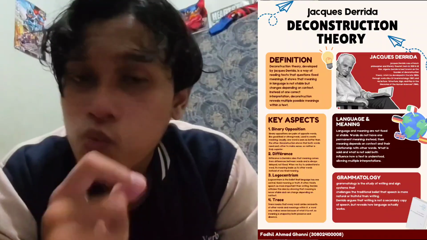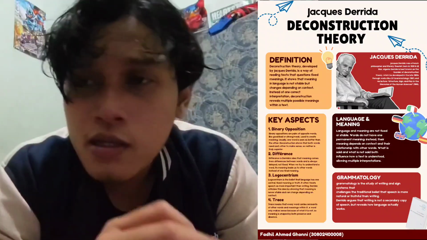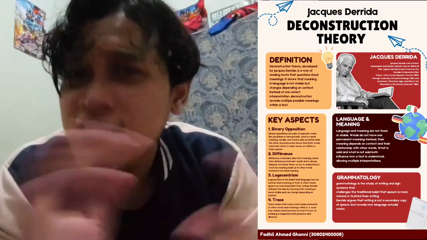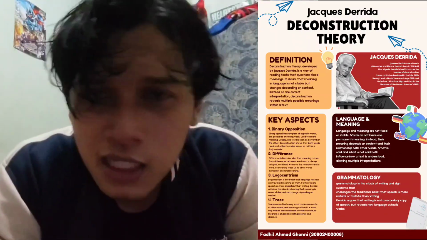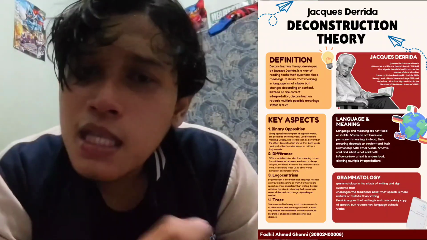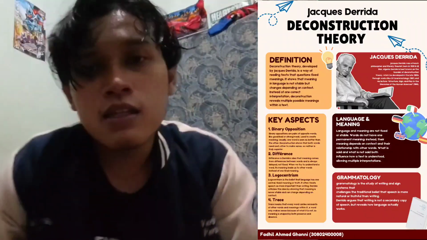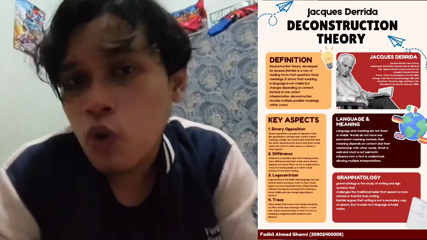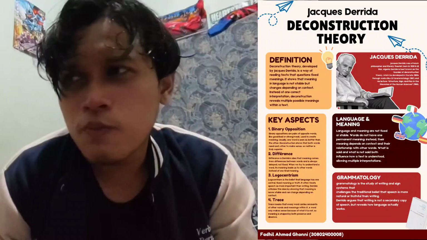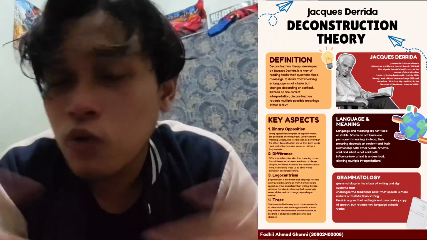Another example I said was strong and weak. Strong means strong because weak exists, and it makes sense because weak exists. So what if weak doesn't exist? It makes strong lose its meaning, or we wouldn't understand what strong means. So a word's meaning needs another word to create a meaning. Again, it shows that meaning in language is always changing, because to create a meaning it leads to another word. So basically, to have meaning, a word needs another word.